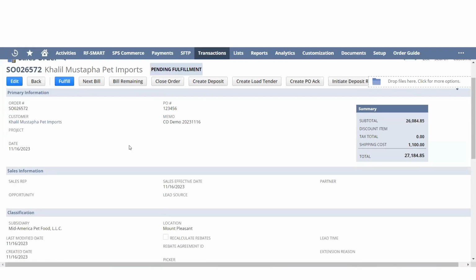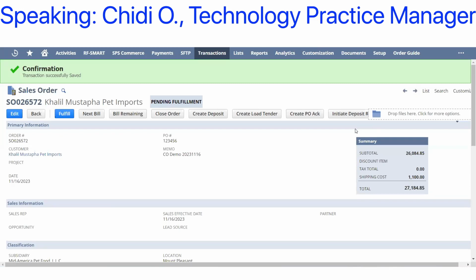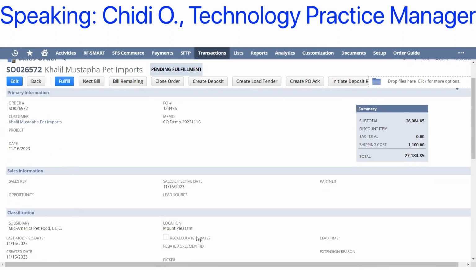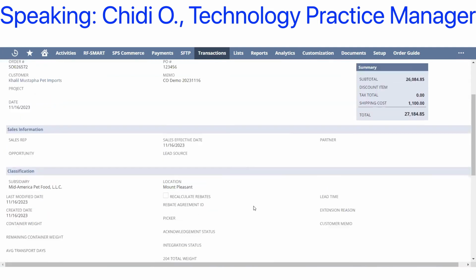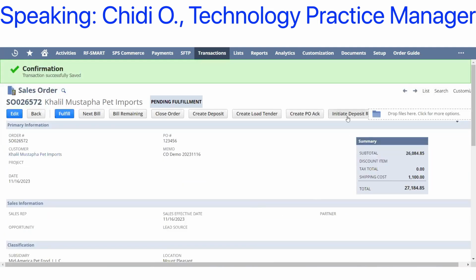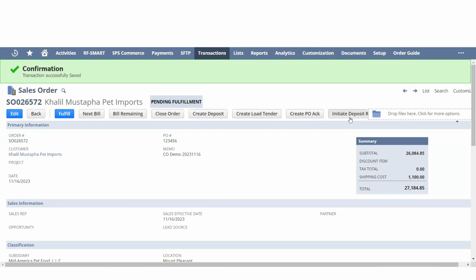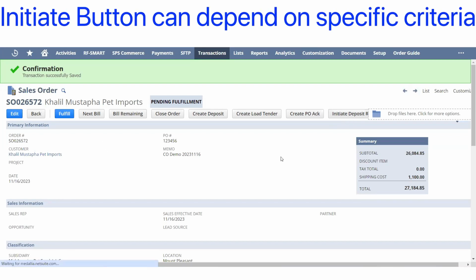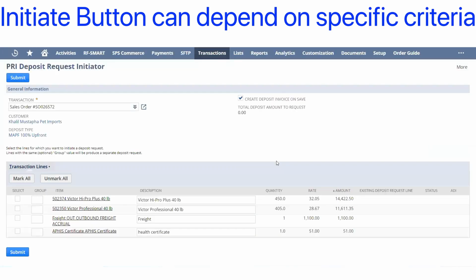Here we have this new sales order. In their case, they have particular criteria: a customer category and particular payment terms. So it's driven by an app setting whether or not we show this button. Basically, this button shows up when it's eligible, and clicking it redirects the user to a suitelet where we select